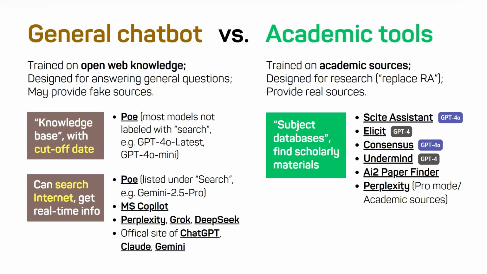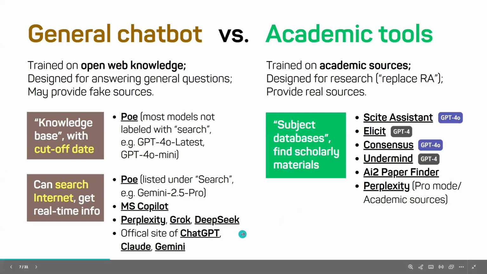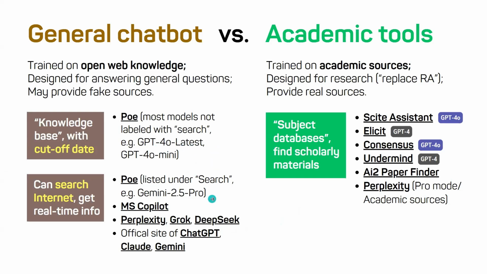And this is very important for us. For example, when you want to search for some latest articles on some topic, or to identify some recent research gaps within the last 2 years on a certain topic, then you will know that there are some tools that you cannot use. You cannot use, for example, GPT-4 or latest, but you should refer to some tools that have the search capability,